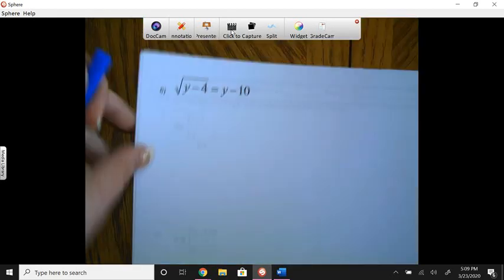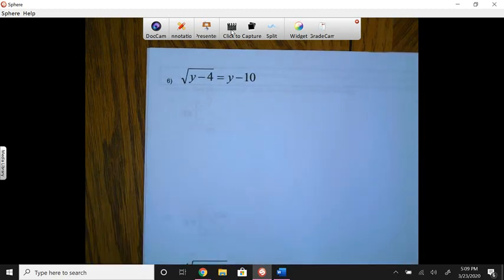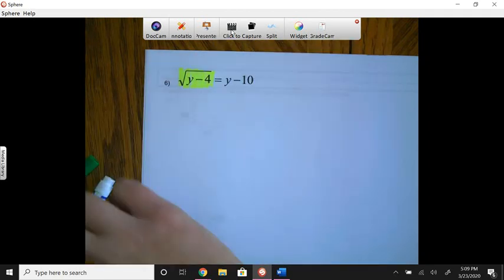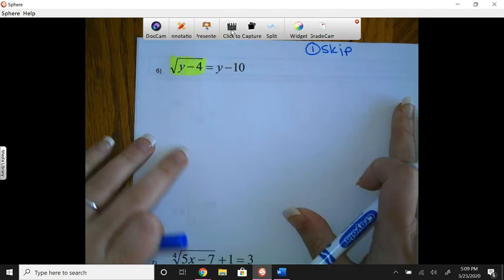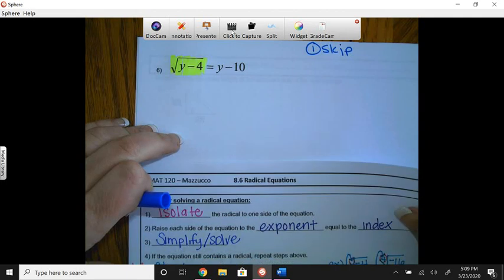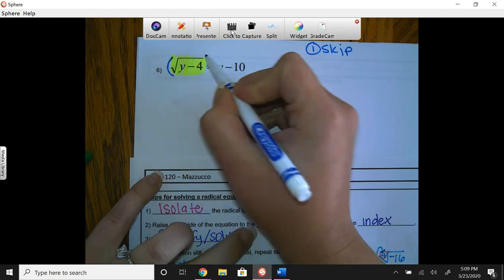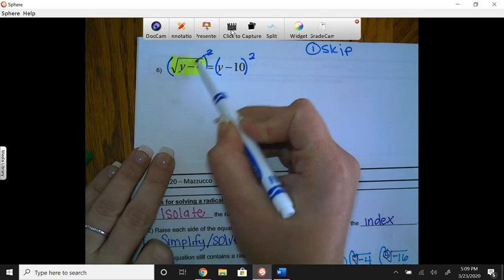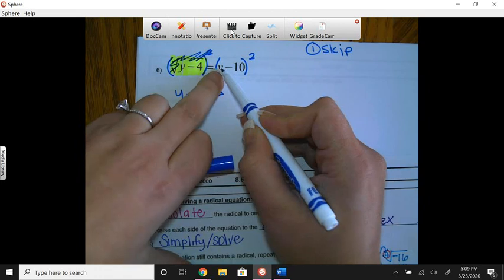Okay, let's go ahead and take a look at number 6 here. So step number 1, we want to get the radical by itself, which we can see that it already is isolated. So we get to skip step 1. Step 2 is we are going to raise each side by the index. So since there is no little number here, we know it's a 2. So we're going to go ahead and square both sides. So again, this will undo, leaving us just y minus 4 here. And then here we have y minus 10